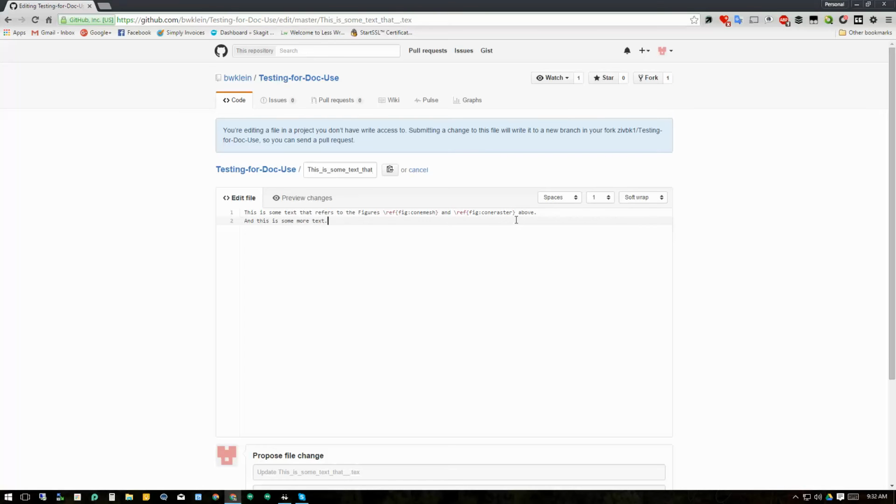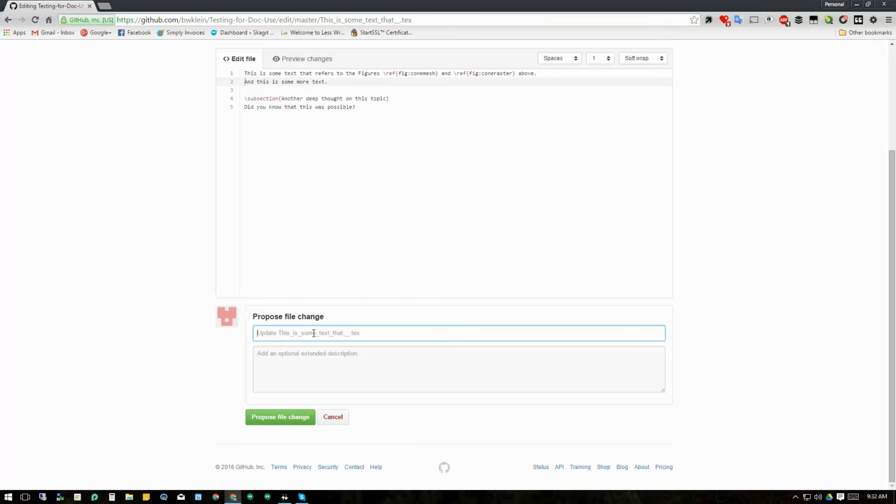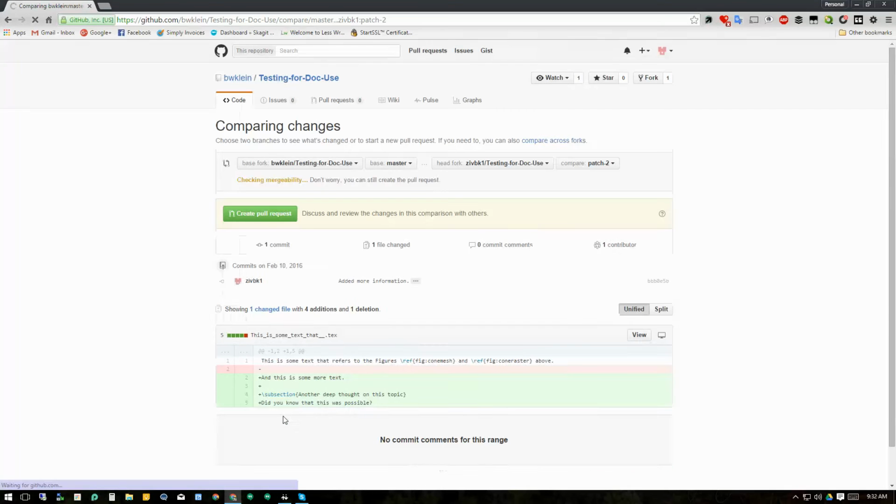then this is some more text. And we'll do a little subsection, right? So we can add in some content here, change things around. Then at the bottom here, just what we're doing is added, what it was, and you can extend it with, whatever. And so now you propose the file change, and here's basically your proposal, and then you create a pull